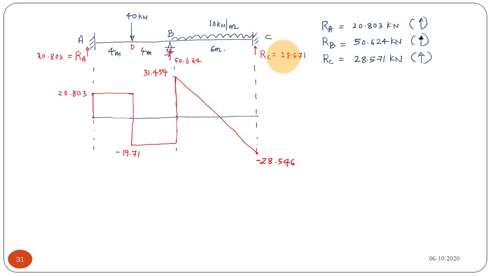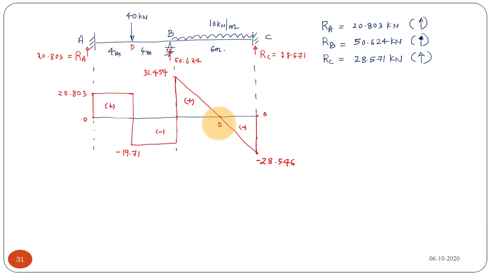And now we have the reaction Rc. You have to go Rc in the upward direction. Just go in the direction of the load, so you will get the correct shear force diagram. Finally you will end up at the value 0. You started from 0 and went along the direction of the reaction or the load, so you can draw a nice shear force diagram. Taking one side as positive, the other will be negative, so in between you are going to cross 0 somewhere.